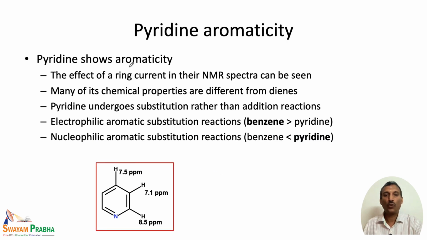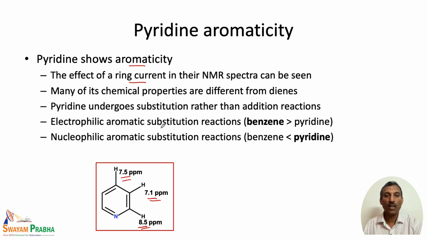And as we know, pyridine shows aromaticity. So, it is also having the ring current. From the NMR, we can actually find out the hydrogen atoms are appearing at a downfield, like the ortho hydrogen appears at 8.5 ppm and the para appears at 7.5 ppm and the meta one appears at 7.1 ppm. So, that is the reason we can say there is a strong pi electron current present in the case of